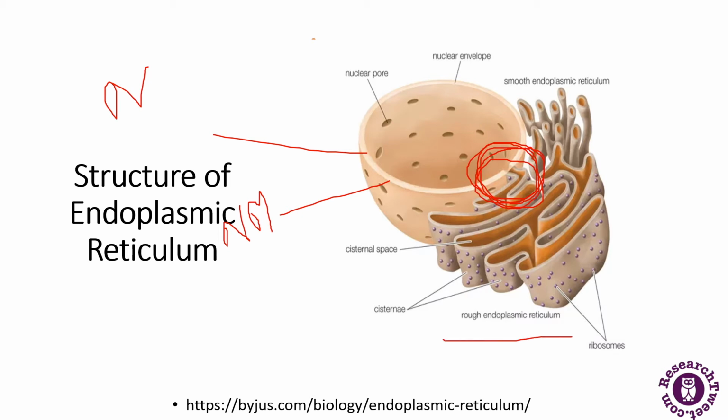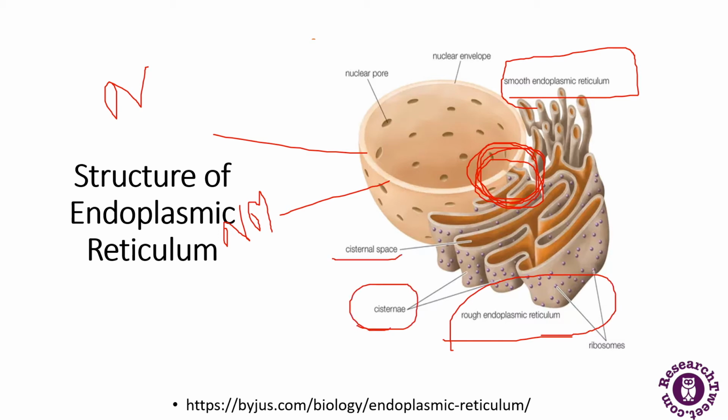So this is a rough endoplasmic reticulum and smooth endoplasmic reticulum. Both the forms are displayed here. Then there are cristae, a space between the folds. And the studs that are present on the rough endoplasmic reticulum are called the ribosomes. So this is the structure of